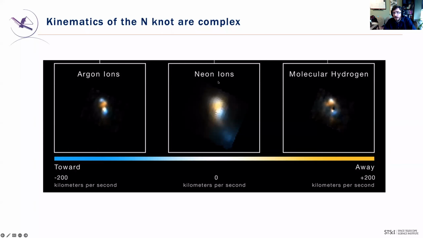The neon map that I'm showing you here is the equivalent of that moving animation I just showed you, where this is the blue blob down here for that blue shifted outflow in the southern knot. The northern knot is this one that has a combination of blue shifted and red shifted features. You can see those breaking down a bit better if you look in the argon lines. This is largely just because they're shorter wavelength and we've got better spatial resolution. You can see that there's a complicated structure in here. It's not just a single outflow. There's a lot of substructure within the gas that the outflow itself is powering through, and you get both blue shifted and red shifted components from this gas.